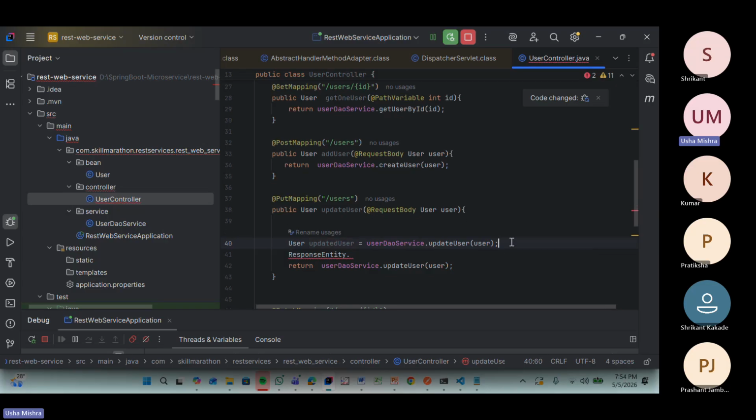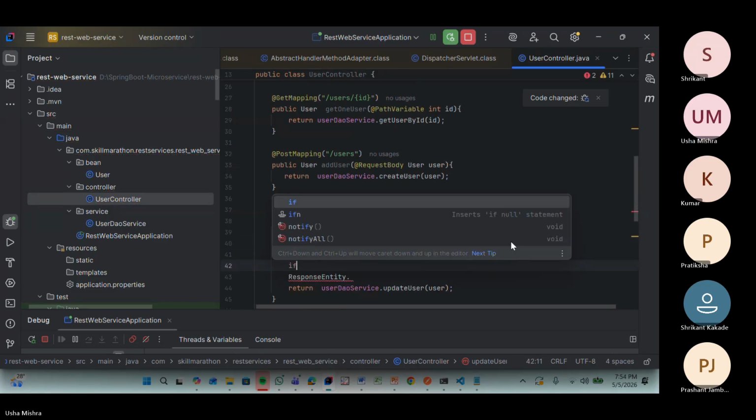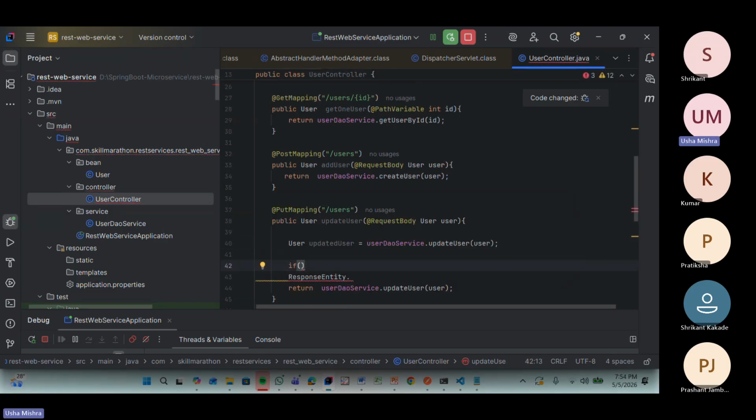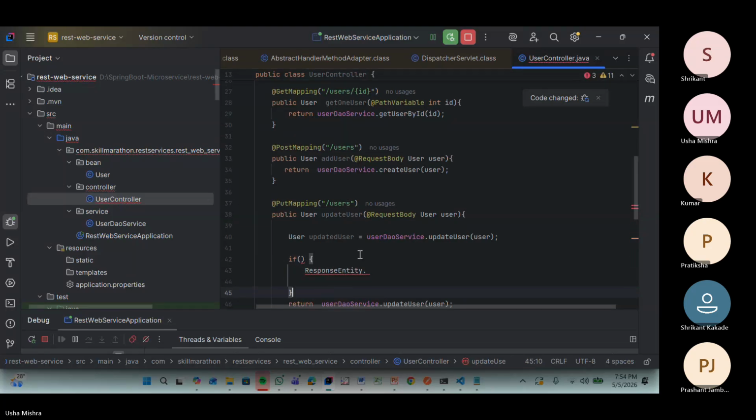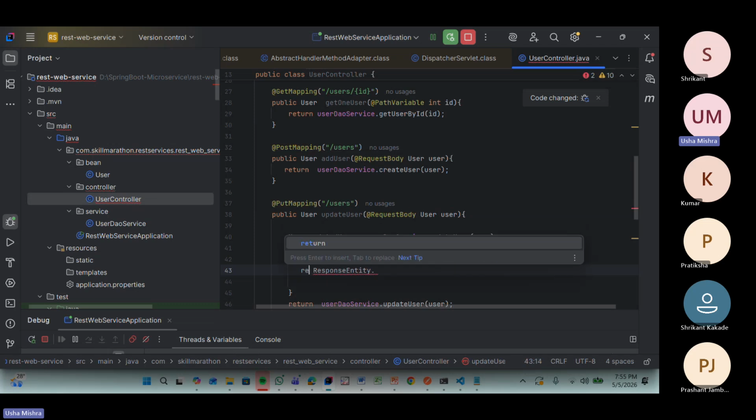And if updated user is not equal to null, what will I do? I will return